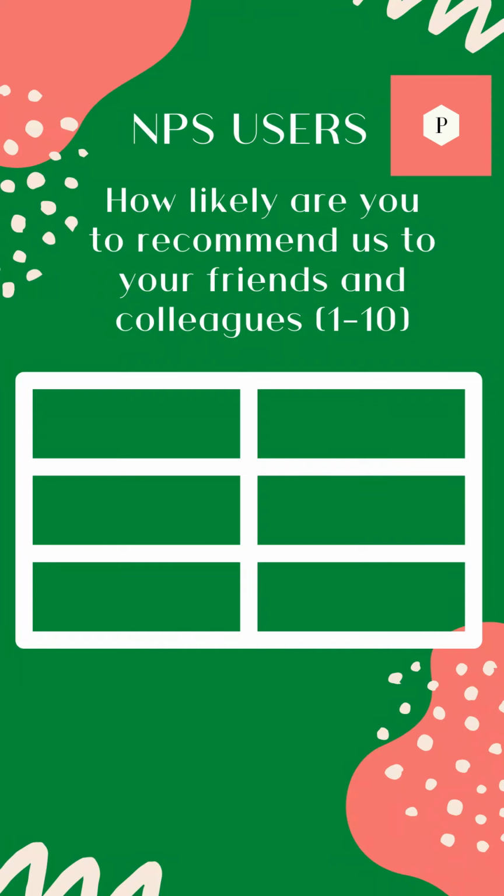One of the first steps towards ensuring that we work on these areas is by defining the metrics for them. So let us dive into the possibilities now. One of the most popular ways to define user experience metrics is NPS, Net Promoter Score. How is this calculated? It is calculated based on a single survey question asking users how likely are they to recommend the product or business in question to their friends and colleagues on a scale of 1 to 10, 1 being not likely at all and 10 being very likely.